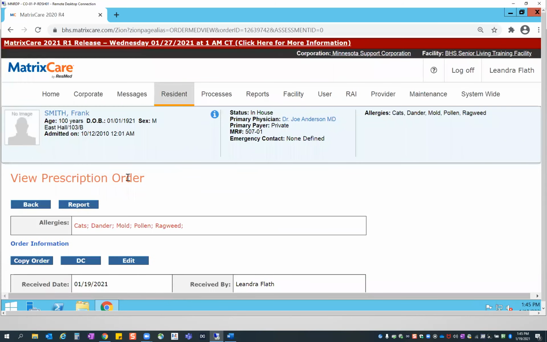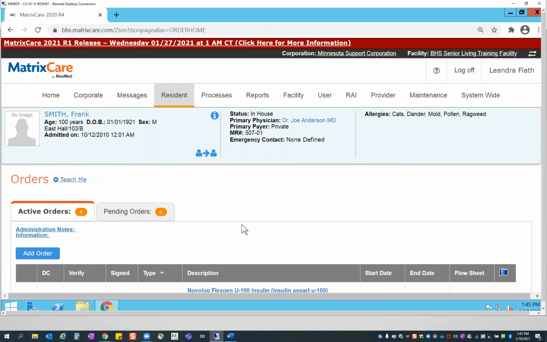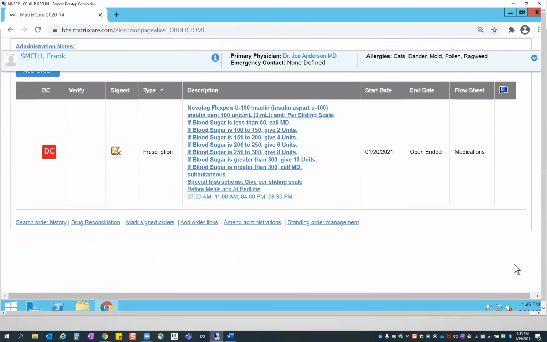I now have the prescription order information. So it no longer says confirm the order. It actually is just letting me view it. So this is now an active order. Once I select back, it's going to bring me to the main orders page. And here I'm going to see that Novolog. I'm going to be able to see here under signed, if I had selected the checkbox there, this would have a little green checkbox instead of a red X. Okay. I can see that this is a prescription. Here's the specific detail regarding that particular Novolog, start date, end date, as well as the flow sheet that this